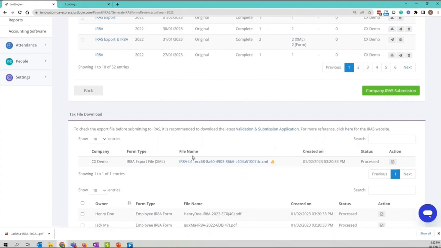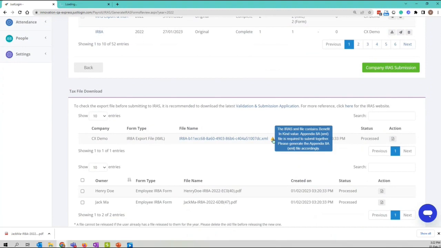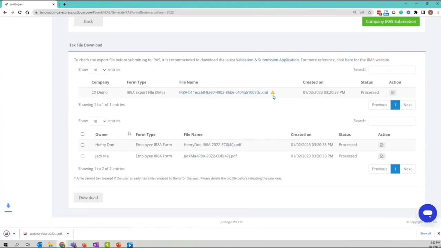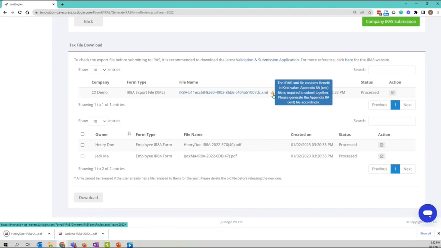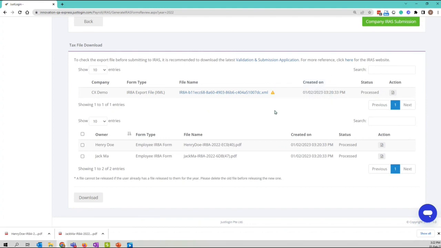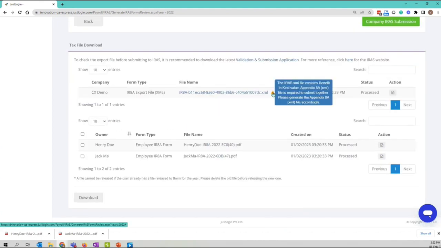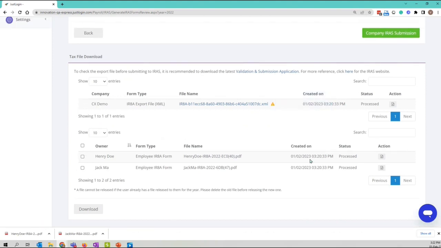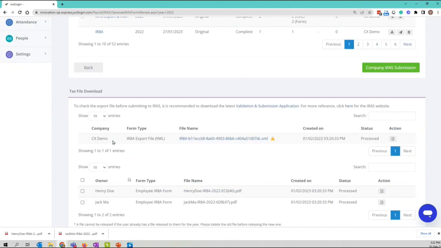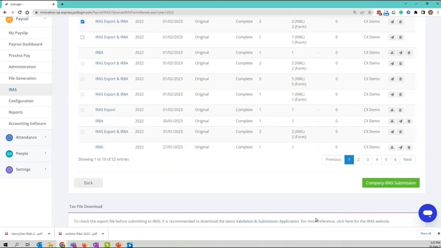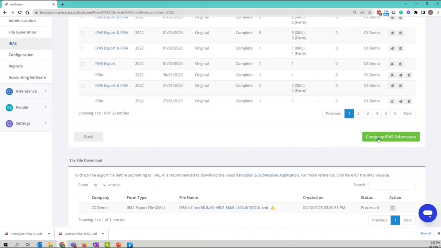Okay, you'll notice that next to this, there was an error message here. So not to worry, you can just hover over this to check what the error message is before you proceed. You can see that my IRAS file contains a benefit in kind value, so it's asking me to generate the Appendix 8A file accordingly. If everything is correct, once you have checked, then you can go ahead and click on Company IRAS